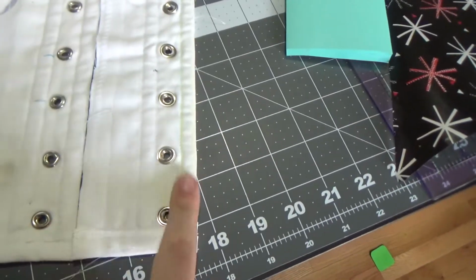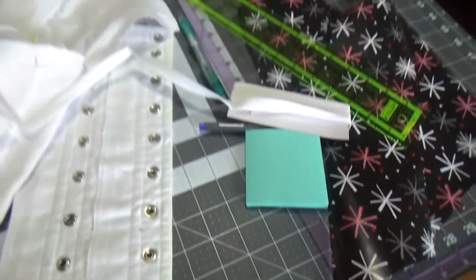And I tried to use yellow chalk, and now it just looks dingy. I was trying to use my water-soluble pen, but it stopped working, and I needed something that was going to survive the iron so that I could press this, and the yellow chalk was a bad idea. I shouldn't have done that, because now the fabric just looks dingy and gross. So I'm going to wash it probably at some point between finishing it and when I'm going to wear it